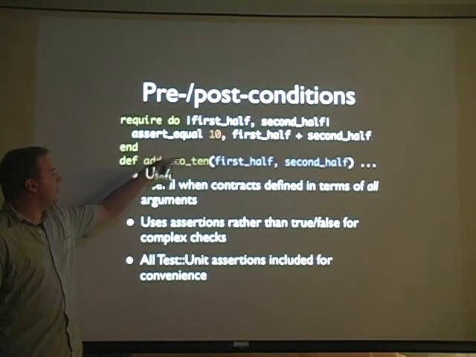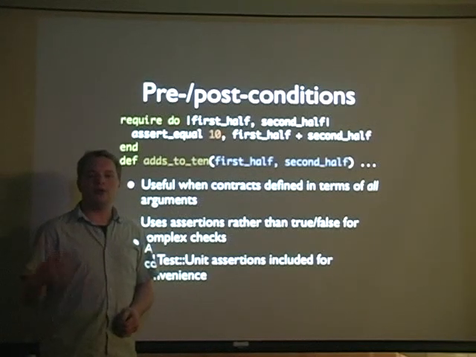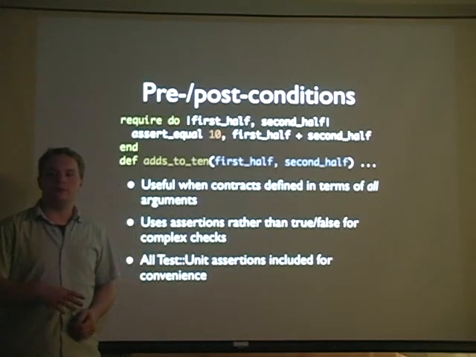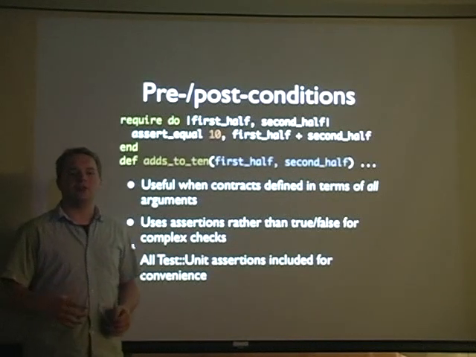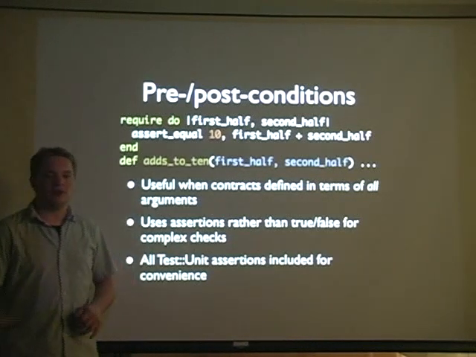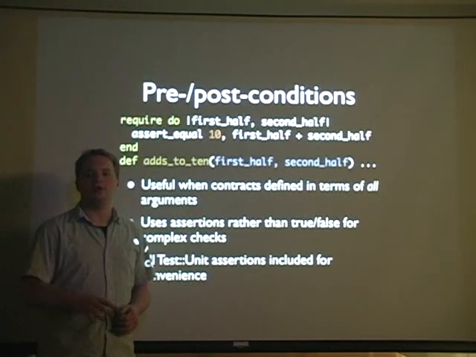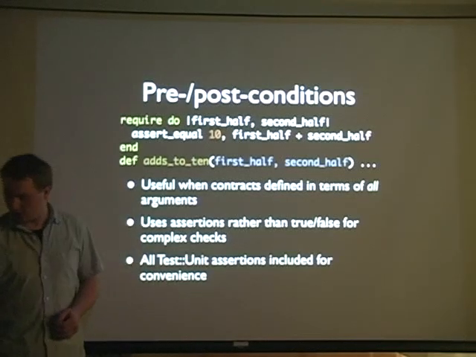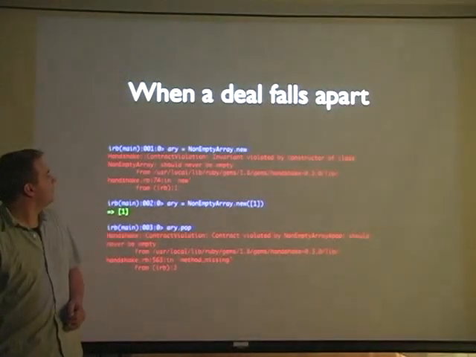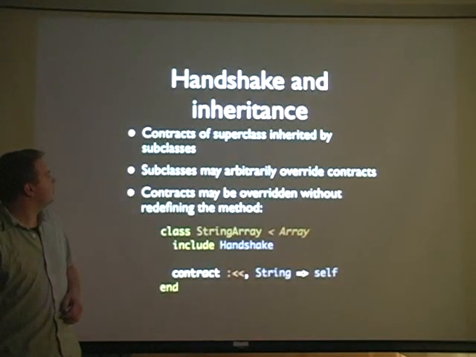And the block just expects assertions. I've extended it so that all of the assertions within test unit are available for use within that block. And then when an assertion is violated, it wraps that as a contract violation. It raises a contract violation. Once this is done, I'm going to pop into IRB and run through a few examples of this concretely so you can actually see what happens when we define a contract on a class and when that contract is violated. And well, this is the IRB session, but it'd be a lot easier if we just did it live.